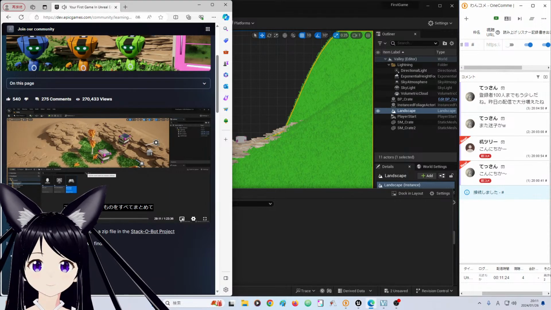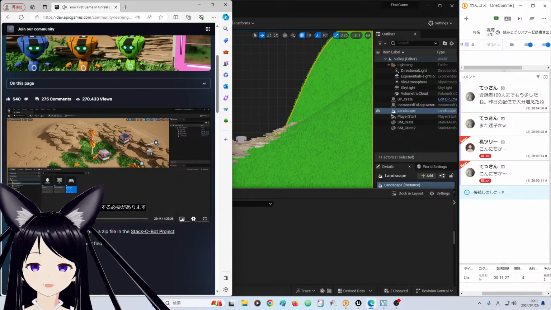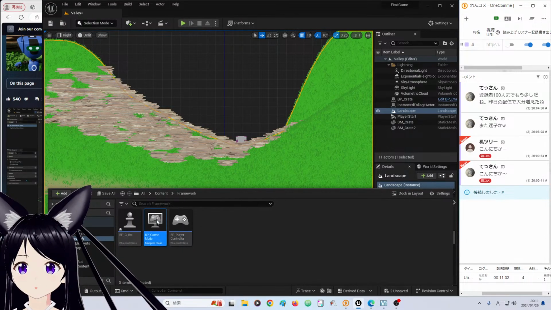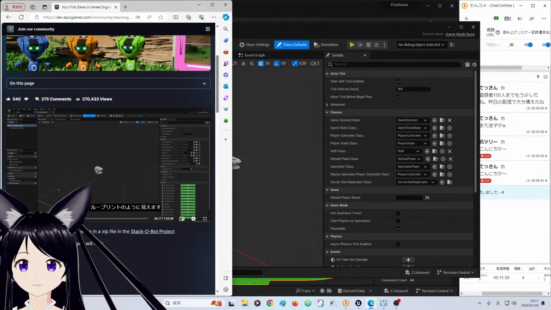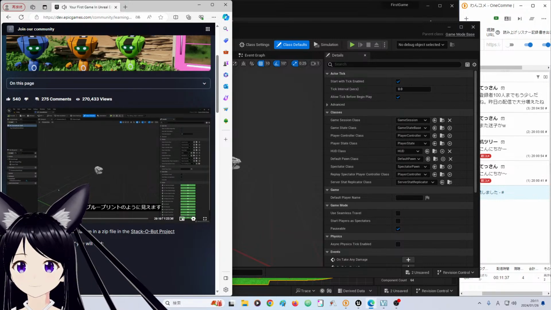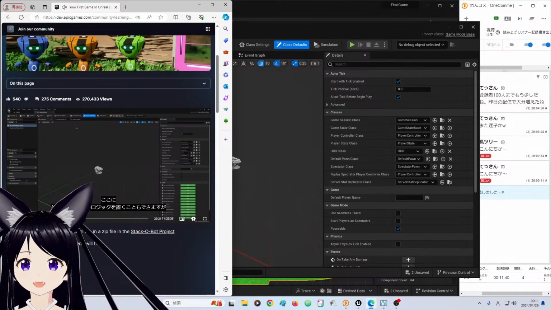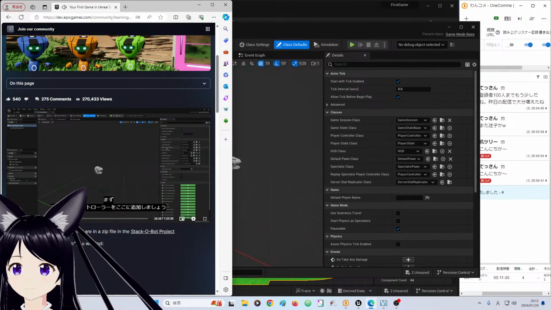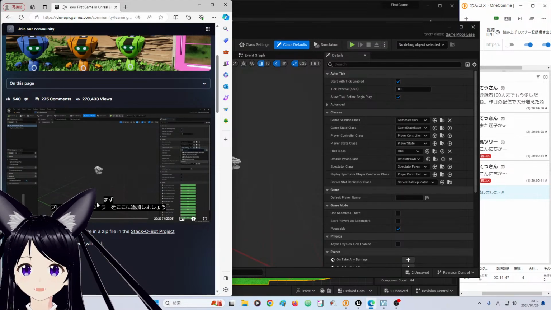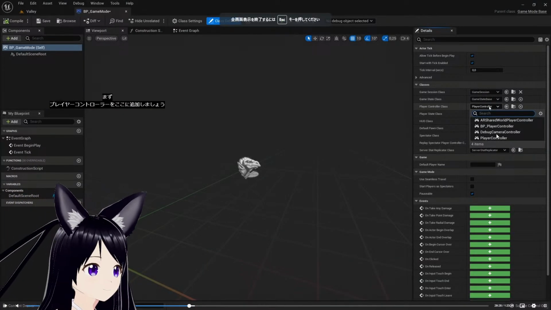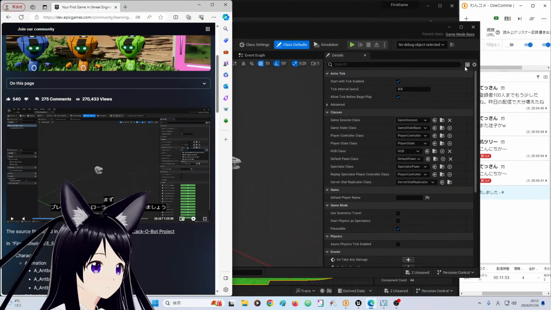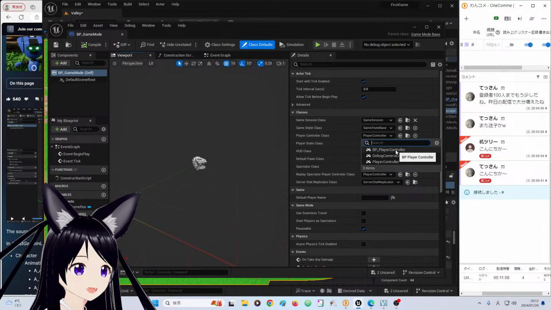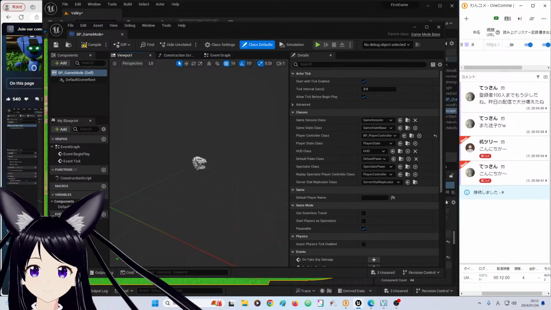Now we have to tie all these three things together and add them to our level. ここで、この3つのものをすべてまとめてレベルに追加する必要があります。When we open up the game mode, you can see it looks like a normal actor blueprint. ゲームモードを開くと、通常のアクターブループリントのように見えます。But we will only override some default classes here. First, let's add our player controller here. まず、プレイヤーコントローラーをここに追加しましょう。プレイヤーコントローラークラス。あった。で、これを BP_ プレイヤーコントローラーに設定する。